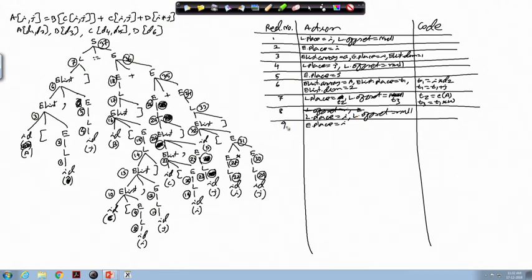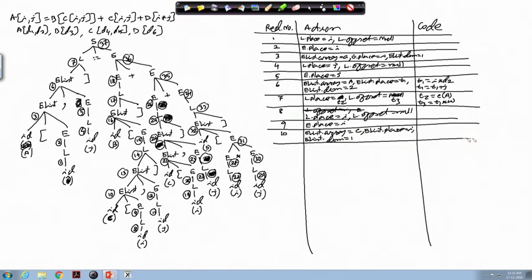At reduction number 10, E list dot array will be equal to C, because this is a C array, then E list dot place equal to I and E list dot dimension will be equal to 1.